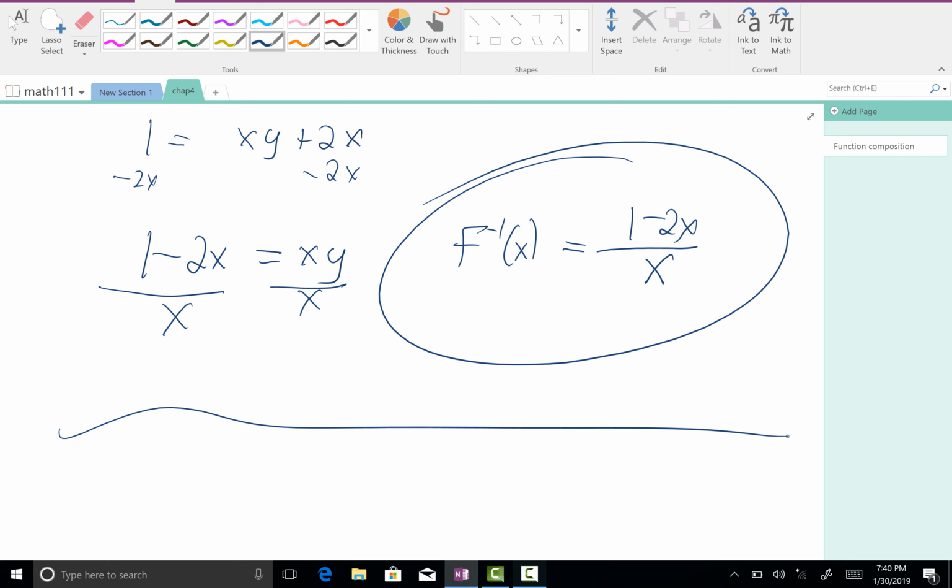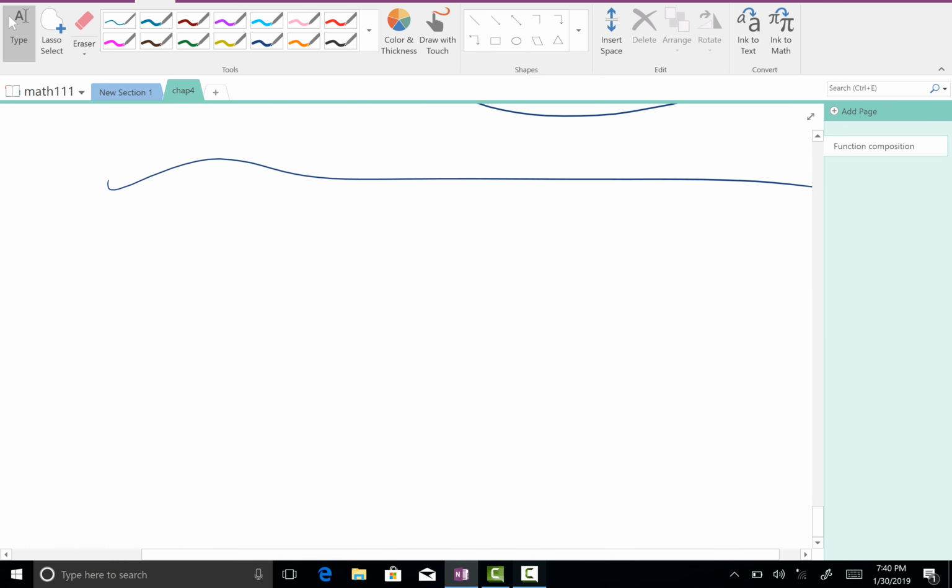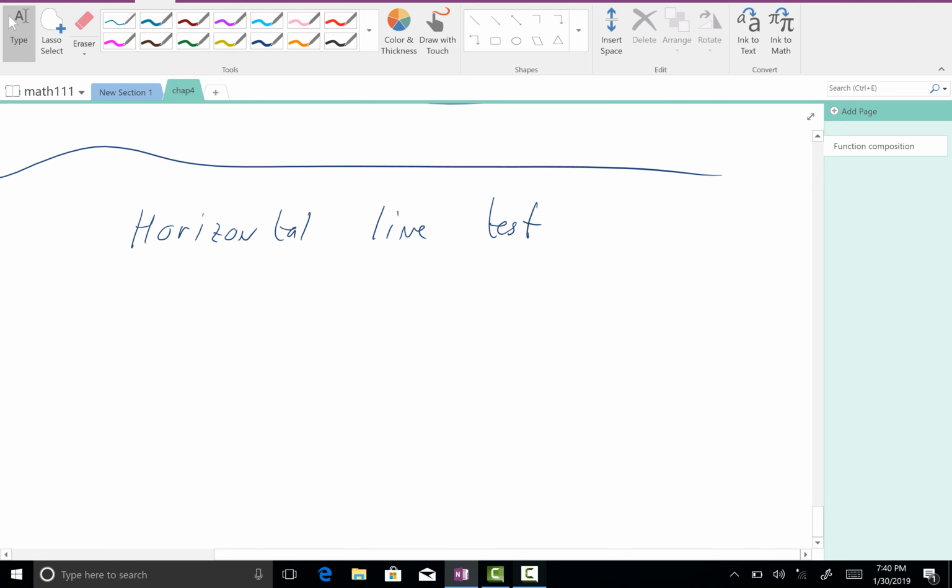So, couple things here then. Horizontal line test. So if a horizontal line